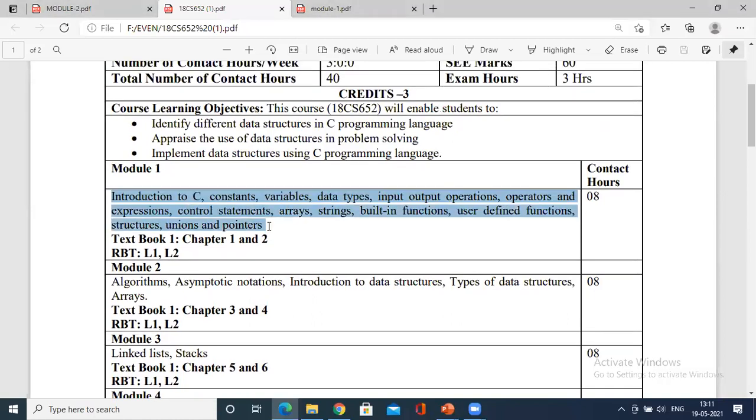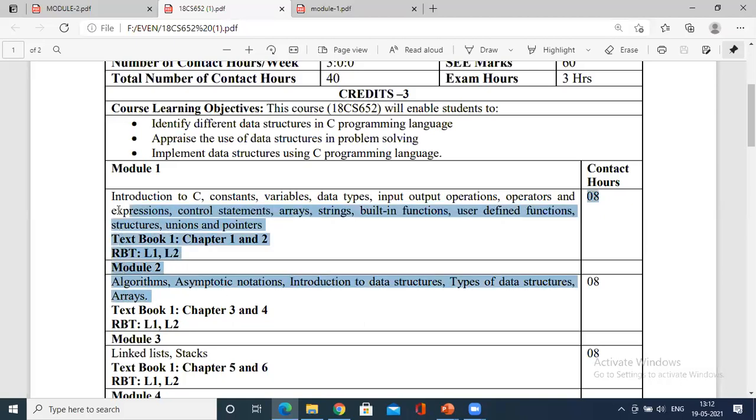One more suggestion: module 1 is too vast. You need to do better planning. Compared to module 1, I find module 2 quite easy, and you could expect direct questions from module 2. For example, in module 2 part 1, asymptotic notation will be the compulsory question, so you could plan this very well. In module 2 part 2, you could expect a question from arrays: explain an algorithm for inserting an array element in a single dimensional array, or some programs on two-dimensional matrices. We are going to complete that by the 29th.